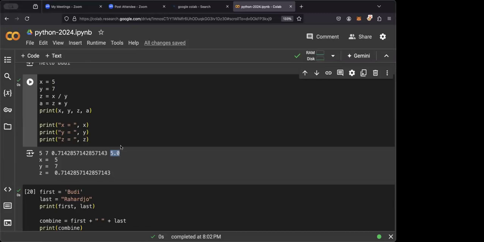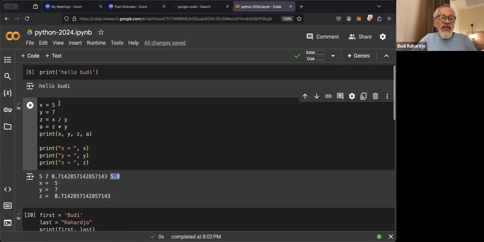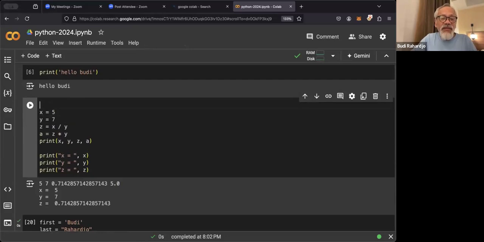Now, in Python, you can also write comments. So, for example, here, instead of text, I can put the pound sign and then say, this is an example of addition of variables and some arithmetics.